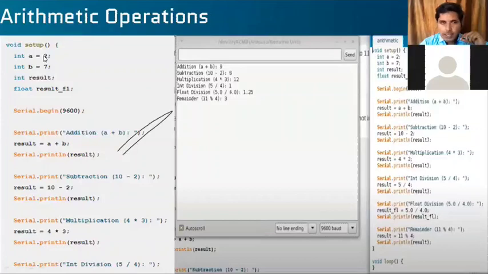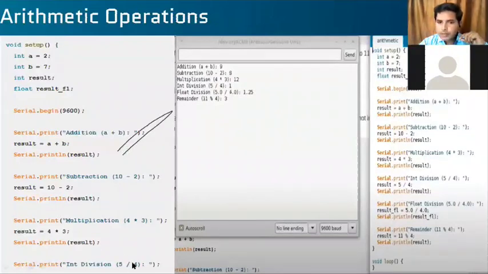I mentioned integers 2 and 7, so a is taken as 2 and b as 7. Here I did subtraction 10 minus 2. I have not mentioned any variables here. Directly I am taking 10 minus 2, and that value will be stored. Again I have taken multiplication 4 into 3 here. Because I have already mentioned a and b, my a and b values can change further.